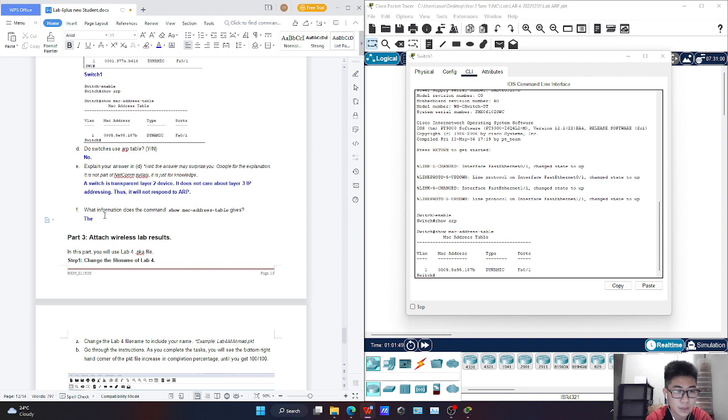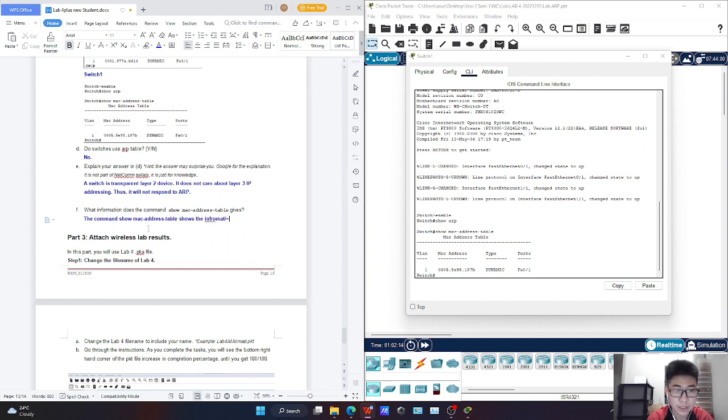So the command, now let me just type it out. The command show MAC address table